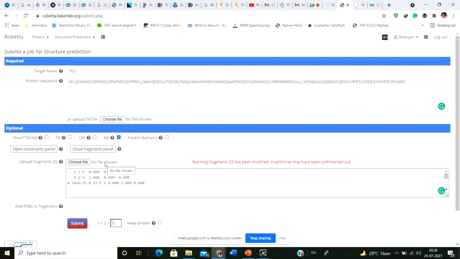What are these numbers? It's just an option, for example the XYZ coordinates. Generally for alpha helix, the x will be 1.0, whereas all the rest will be 0.